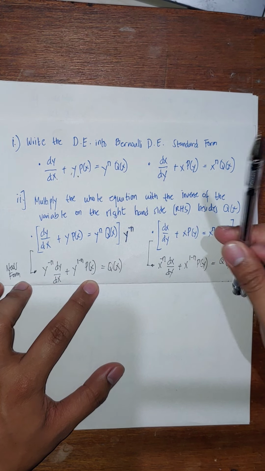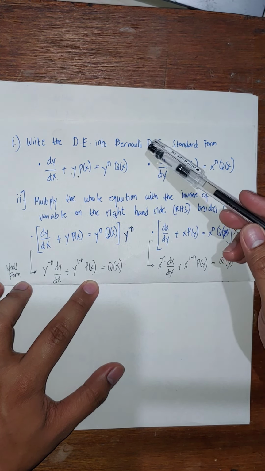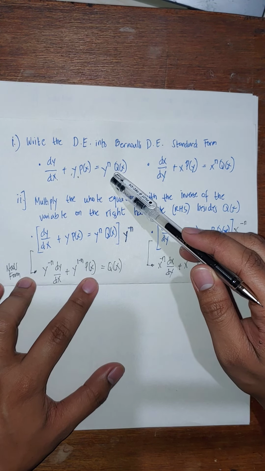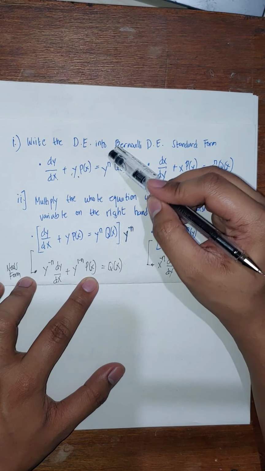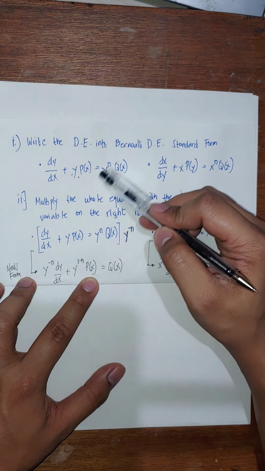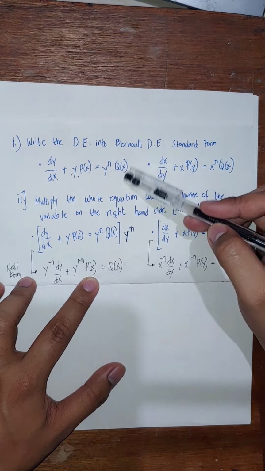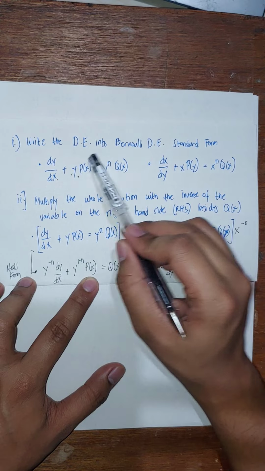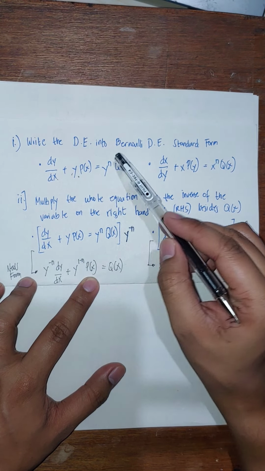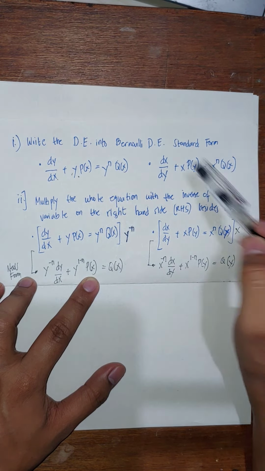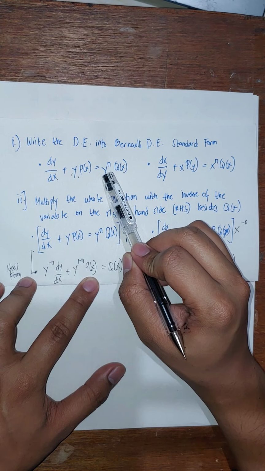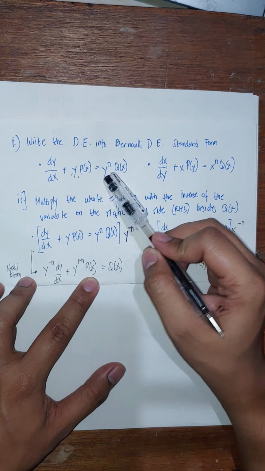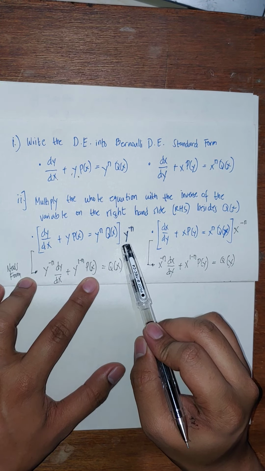So itong gibuhat diri is from this equation we transform the differential equation into the standard form sa Bernoulli differential equation, and then we negate this value here. Ato ni siyang walaon by multiplying the whole equation with the inverse of the variable on the right hand side. So maning left hand side, this is the right hand side sa equals side. So kaning beside sa q of x. So kung say value dire, you multiply with the inverse exponent. So if this is y to the n, therefore you multiply the whole equation with y raised to the negative